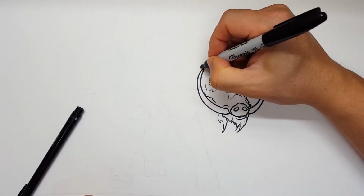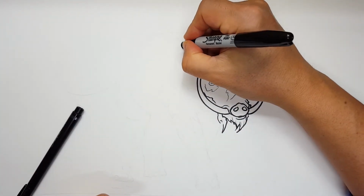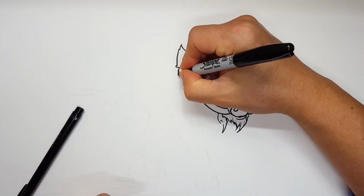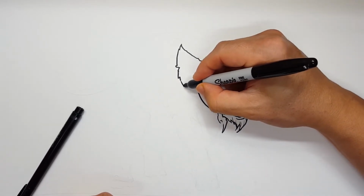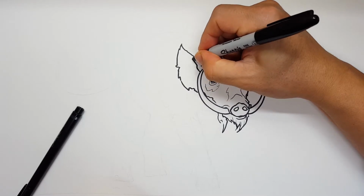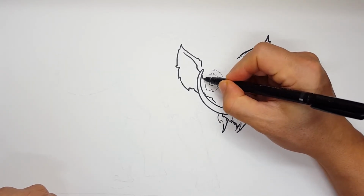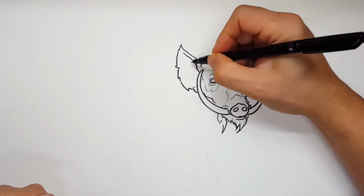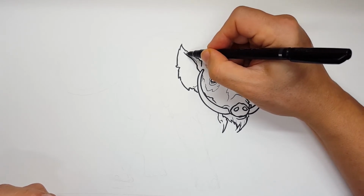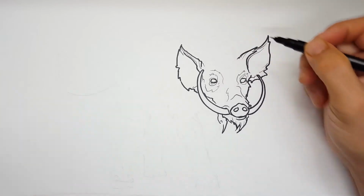So for his other ear, I'm going to come up here and do this. Again, a little bit of shakiness to it, a little bit of edge, because it's not a smooth ear. It's kind of furry. And big because it's kind of giganto-elephantish. All right, and again, a little bit of fur, a little bit of, you know,